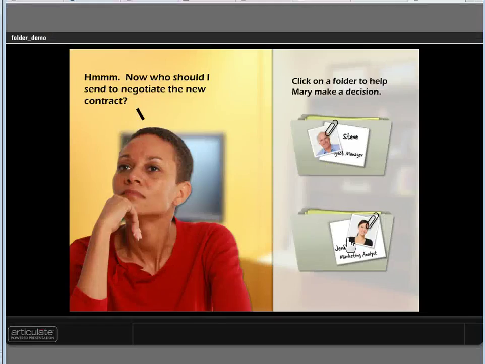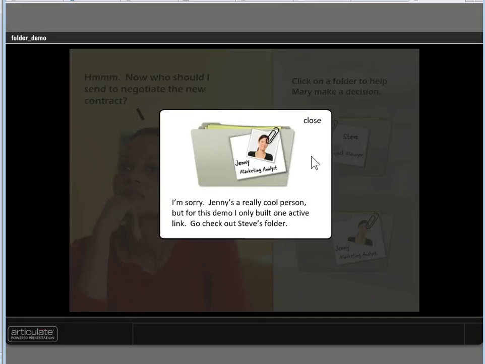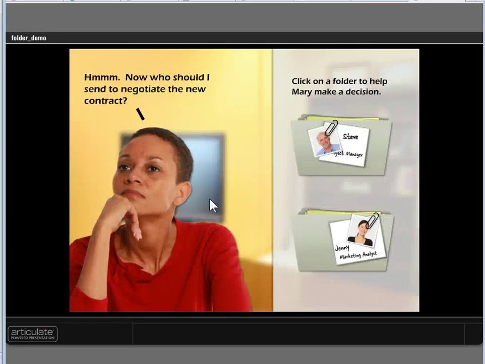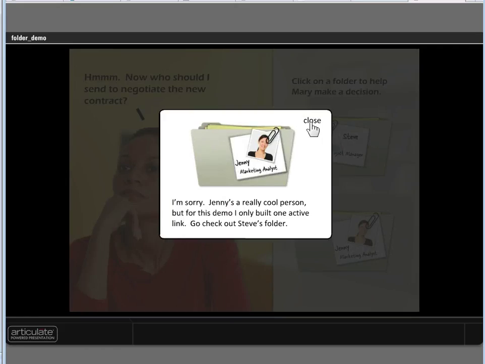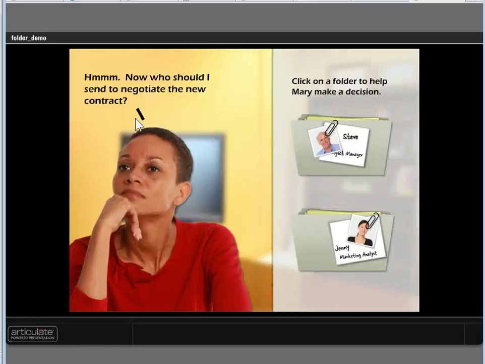So when we click on Jenny, see, it looks like you're on the same slide, you're just getting this light box, and then I hit close and it just takes me back. So you're really jumping from slide 1, this is slide 1, to slide 2, and you hit close and it comes back to slide 1. And pretty simple. Now I disabled the navigation, so there's no worry about hitting the next button by mistake, because when we look at it in PowerPoint again,